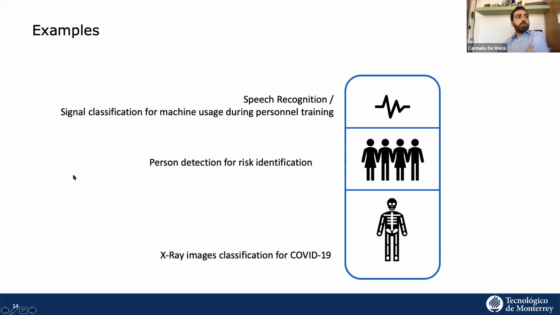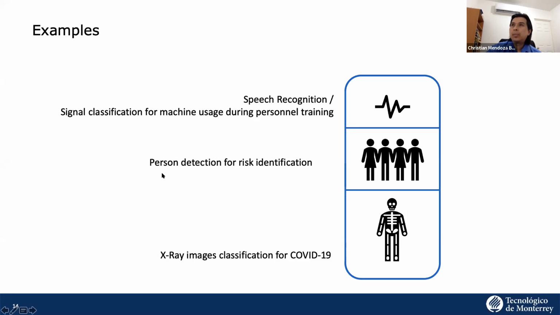What I want to do now is show you some of the examples and projects that we have been developing where I work, with students and from my own. I want to show you 4 different examples. One is about speech recognition. The other is something we did for detecting machine usage during the training of people for that machine.